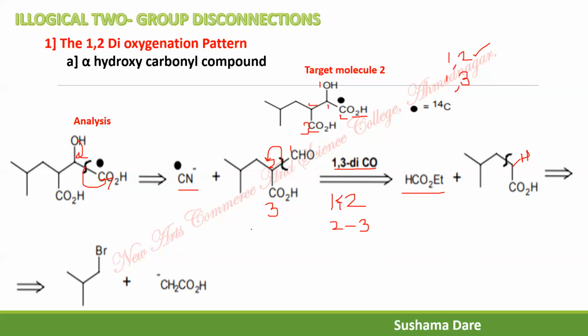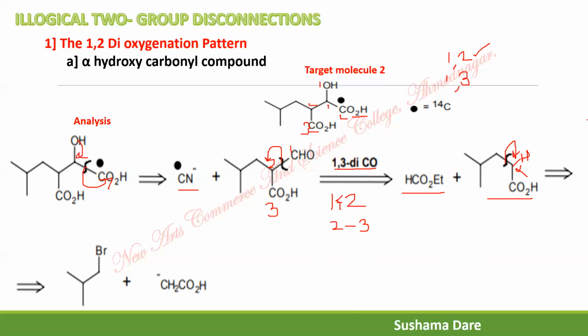Now what is next? Now this is a new target molecule. In this target molecule, which functional group can you see? Only a carbonyl functional group or an acid functional group. Whenever a carbonyl group is there, the best disconnection is next to the alpha carbon. So which is that alpha carbon? This is the alpha carbon. So this is the best disconnection, disconnect in the direction of the alpha carbon.